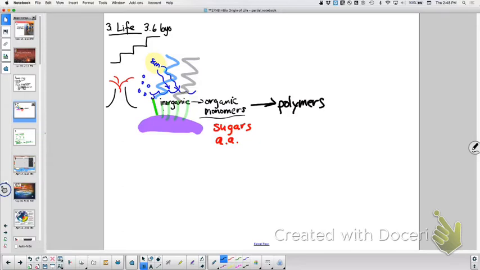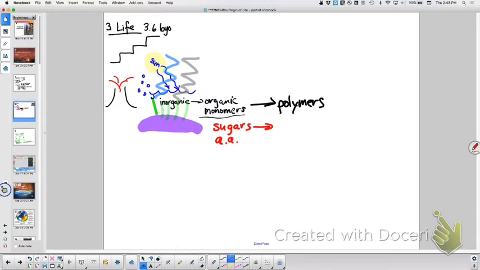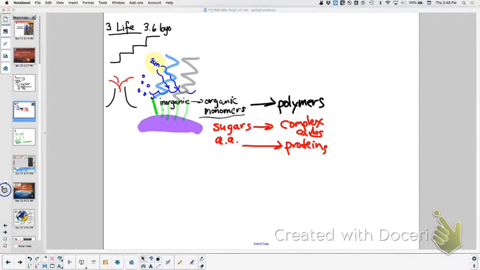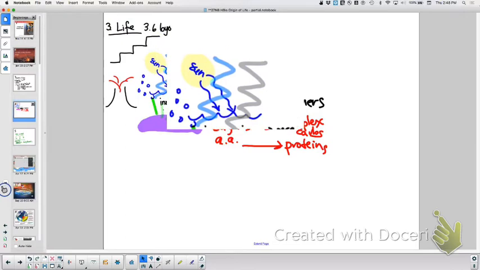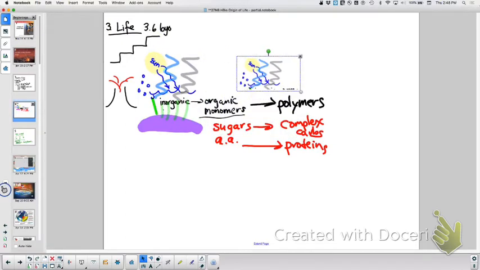Now, polymers would be when sugars become more complex carbs, and amino acids become proteins. You have all the same energy as you had before, but also you would have these puddles or pools